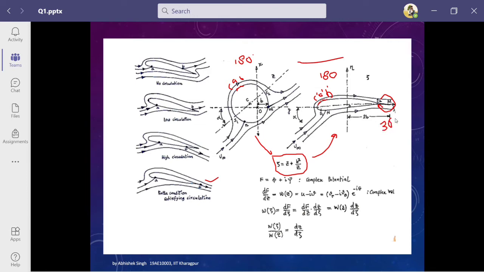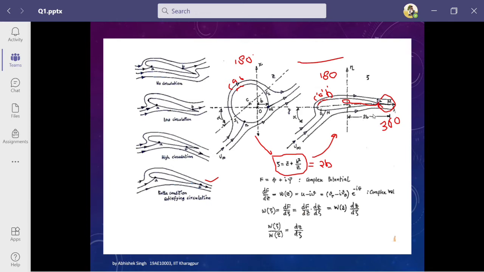So what is the reason for that? We can see from this equation that this B has a very special role. If we put B in this equation, we get the value of this zeta coming out to be twice B. This point m is B distance from the origin, and after this transformation, the corresponding point to the small m is the capital M, which is at 2B distance from the origin.